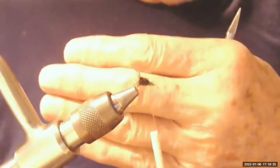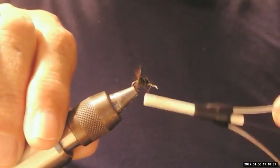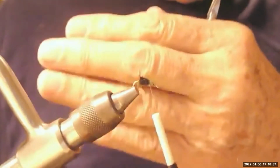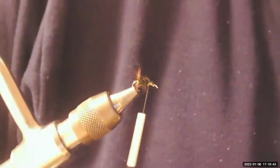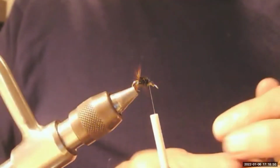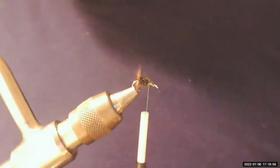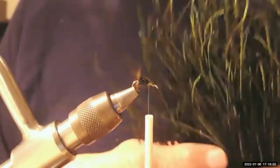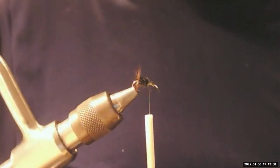Can you see it maybe better behind my hand? Yeah, it looks good. Now, if I were going to finish this fly, and I don't think I will, but if I were going to finish it, I'd put the white hackle on the front. But the point is, a lot of the peacock that you can buy nowadays is pretty crappy stuff. And those fibers that I just used this time, I consider pretty crappy stuff. It's scraggly looking. See if I can show it. It's not very full,